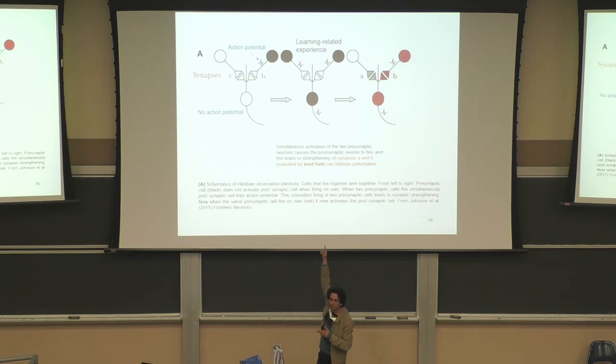Okay, so in the learning related experience, you have this conjoined activation of both inputs, and that activation is strong enough to activate the output cell. So the output cell fires an action potential. At this moment, the output cell has this experience that when cell B fired, I also fired, so cell B is an important input that I should pay attention to. So it strengthens the input from cell B. And then after the learning related experience, when cell B fires, the output cell also fires. So that synapse has now been strengthened.